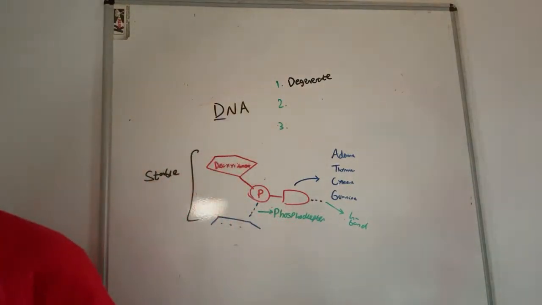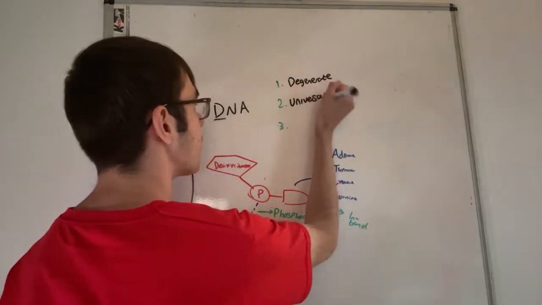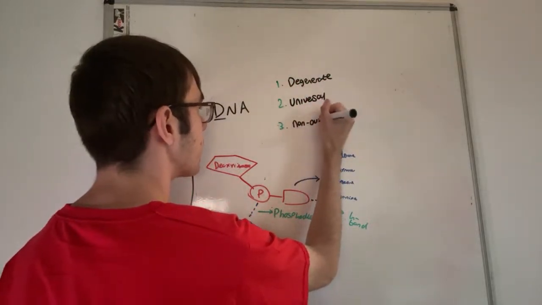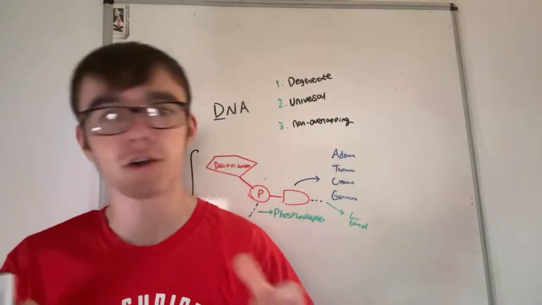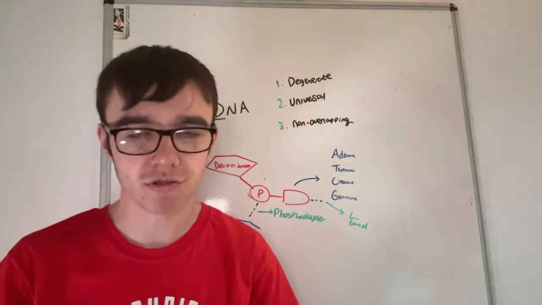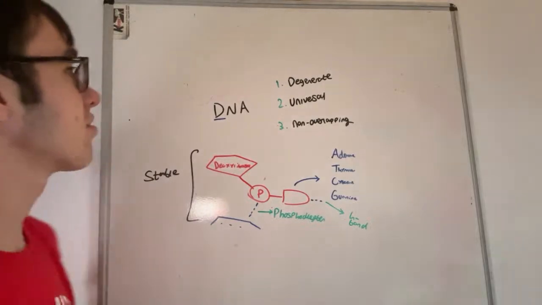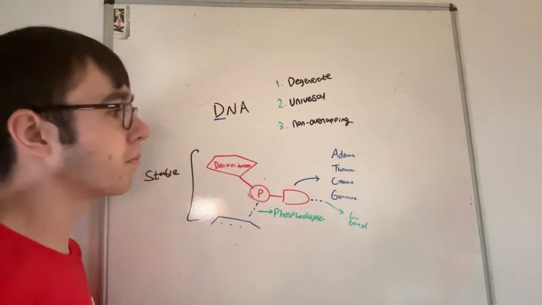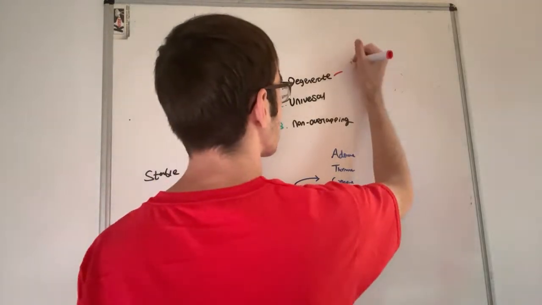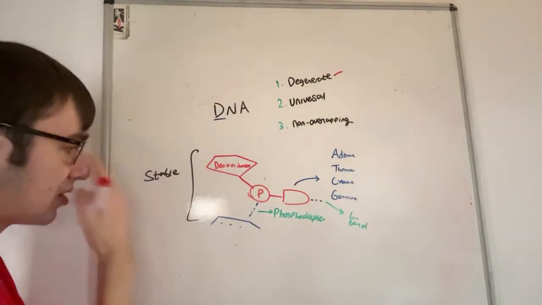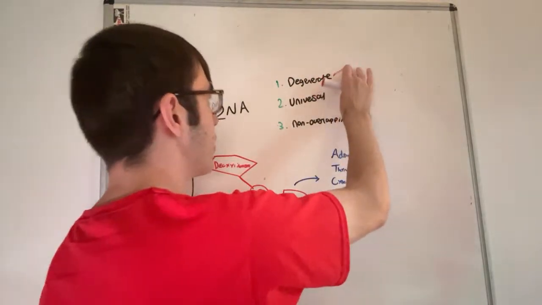Define universal, non-overlapping, and degenerate. Okay. Universal and non-overlapping. Those are the three properties of, I guess, the genetic code, but we can talk about it in relation to DNA. I guess the terms are quite interchangeable. Okay, so degenerate we know is where multiple bases can code for the same amino acid. Or I guess it would be multiple triplets, because obviously DNA works in triplets. So I'm 90% sure I have this one right.